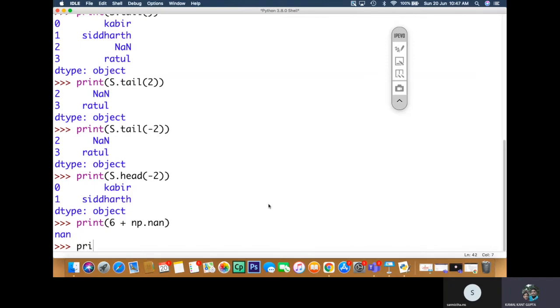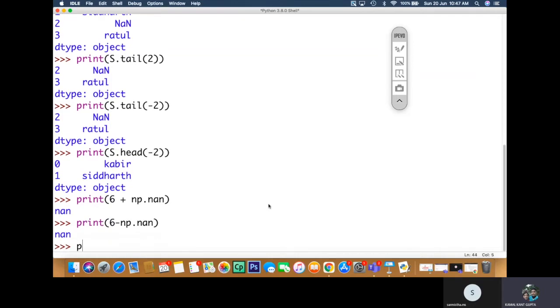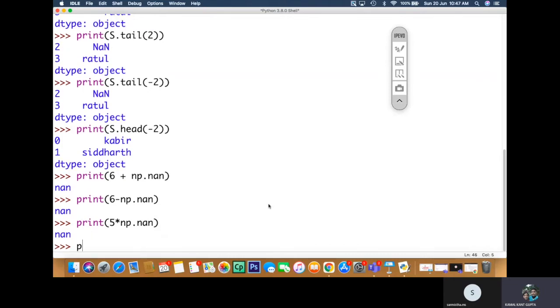So if I'm writing print, let us multiply it and let us see division. 6 minus np dot NaN, that also I think will give you the same thing, NaN. If I'm writing print 5 into np dot NaN, 5 times NaN gives you NaN.